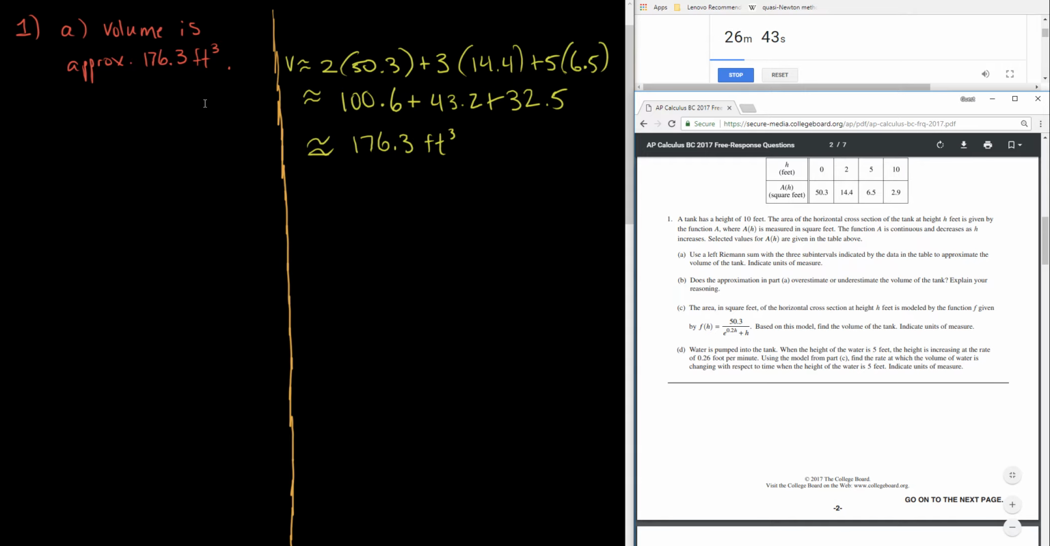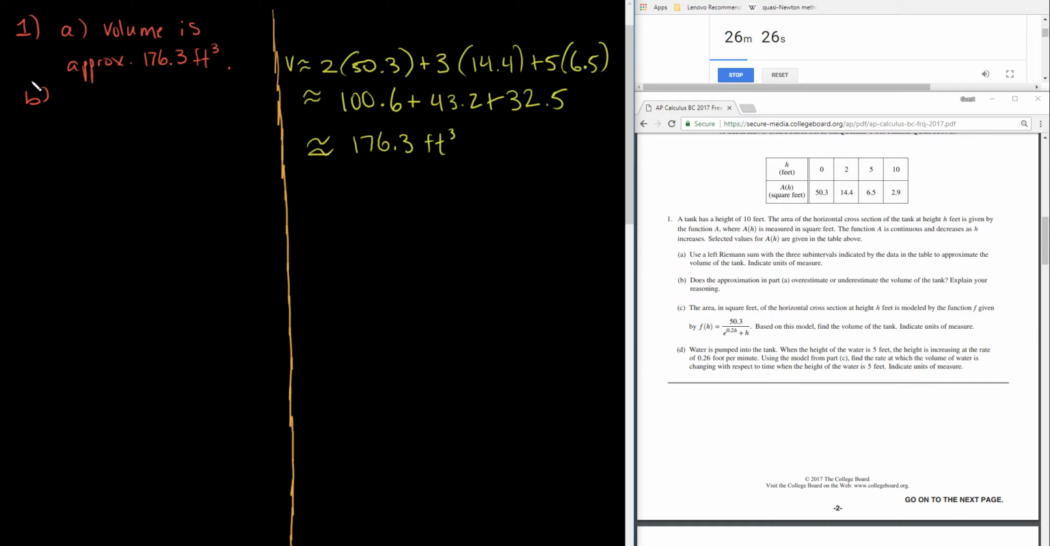Well, as we know, area is decreasing constantly, so we're going to be overestimating because we're using an estimate that's going to stay the same high as the actual area is decreasing. So part B is going to say, and let me write in a different color so it's easier to see, our approximation is an overestimate